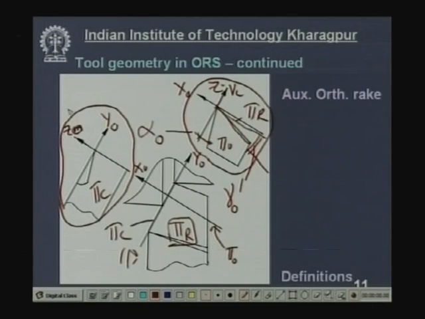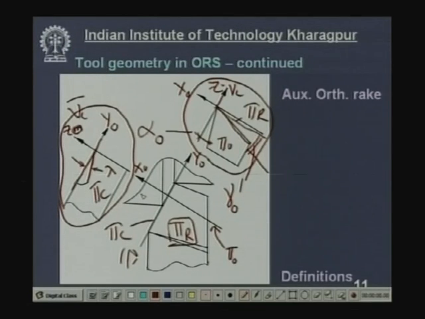If this is the velocity vector Zo, then this is the reference plane, and this is the rake surface of the tool, because the main cutting edge is also a part of the rake surface. So, this angle is also a rake angle, or angle of inclination of the rake surface from the reference plane, but it is for the main cutting edge. So, this has a special name and symbol, lambda. This is the lambda angle, the inclination angle.